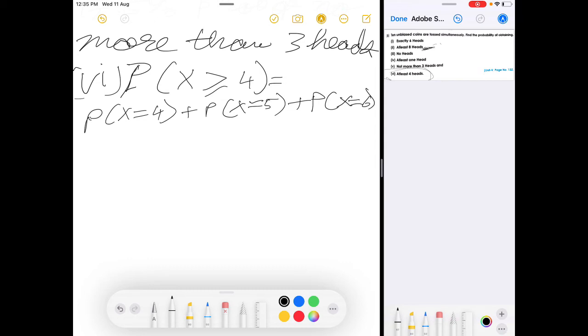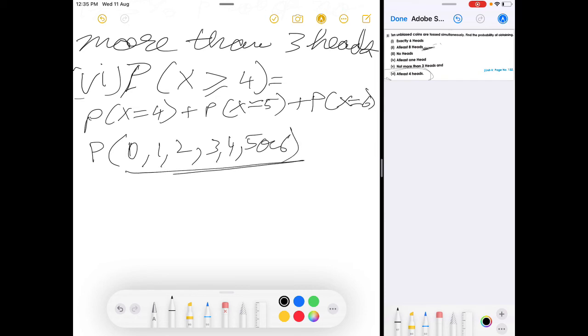Now if you recall, probability of all events, so 0, 1, 2, 3, 4, 5 or 6 heads, if I toss a coin 6 times, is, so all possible probabilities I am including, right? So all possible probabilities when I add up I get equal to 1. So now my options are either to calculate 4, 5 or 6, or I can take 1 minus probability of getting 0, 1, 2 or 3, which is probability of x less than or equal to 3, which we have already calculated in part 5.